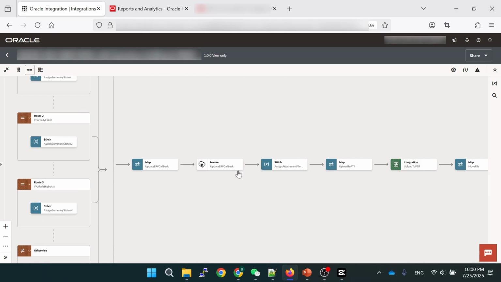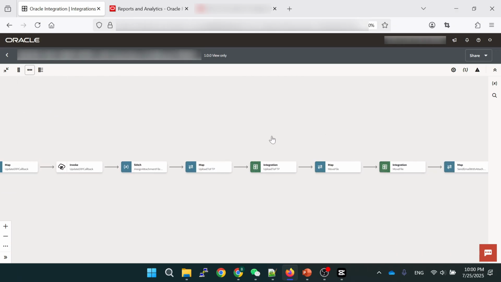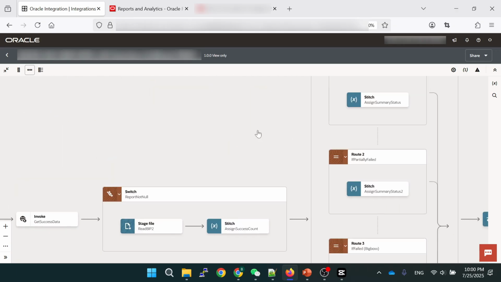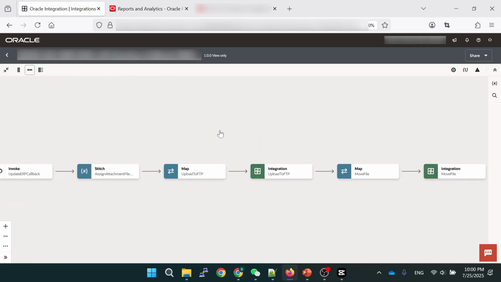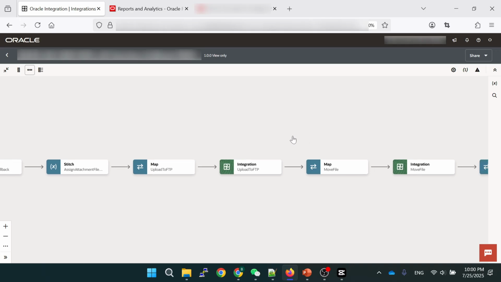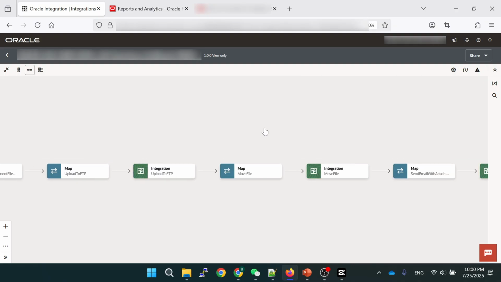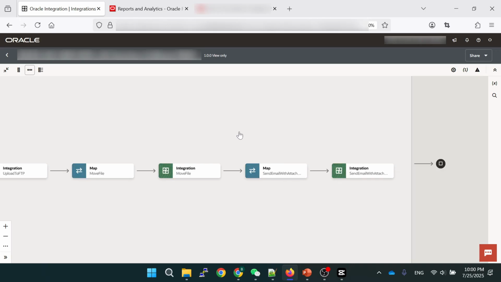And then update something in the database, and then move the files around because the source data is loaded into a folder, an incoming folder. And if it's successful, we're going to move that file into a success folder, and if it fails or partial success, we move the file into the error folder. And then finally,